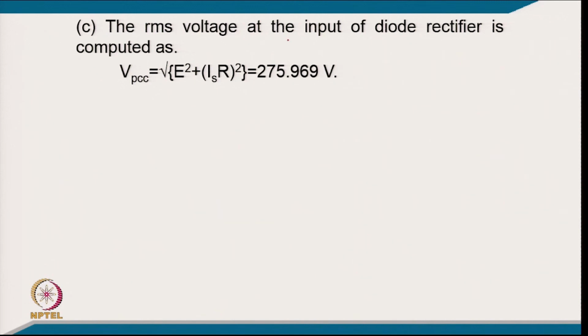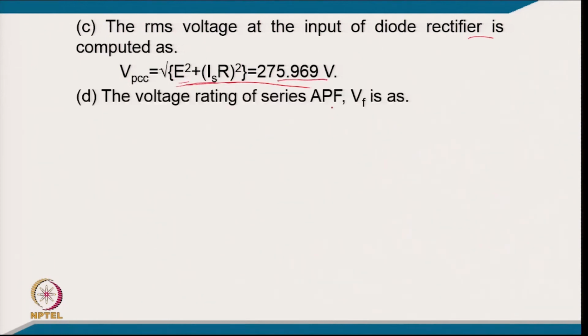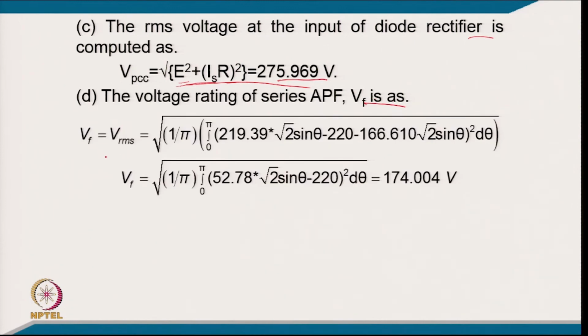So, the supply RMS voltage of the diode rectifier can be calculated because the diode is conducting continuously, so it comes from the same voltage as the battery voltage plus the resistance drop, so it comes to 275.969. The voltage rating of the series active filter is typically calculated again from the sine wave minus the difference of the voltage coming out of the rectifier, and putting the values on both sides, so it comes